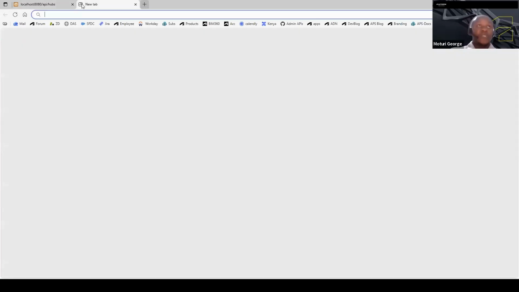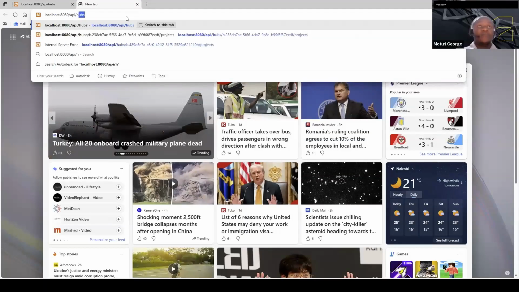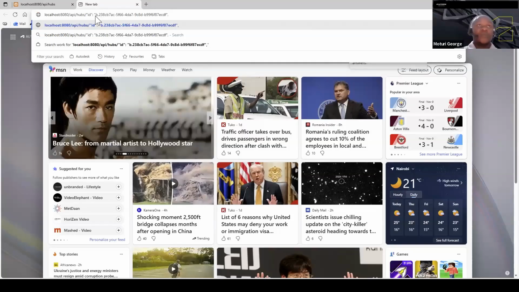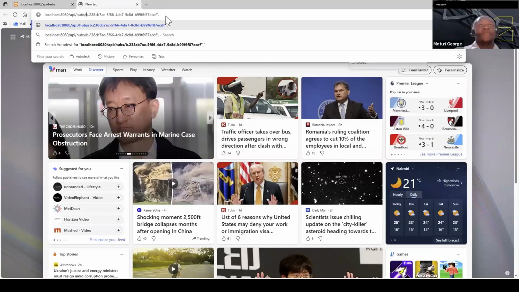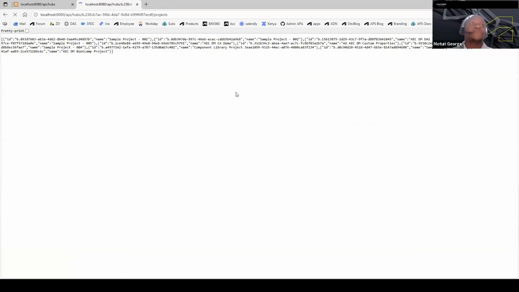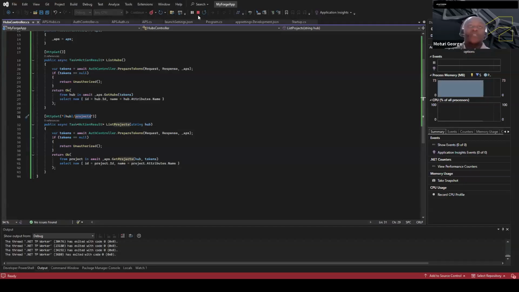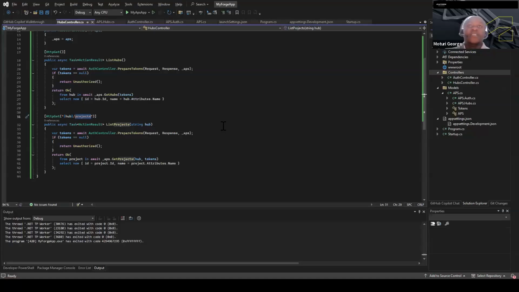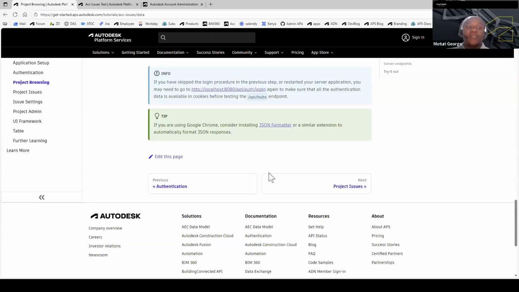We can also try to get the projects from the same. So we do that. Hubs, we have the hub ID. Let's remove that. Then we do have the project, so we'll do the projects. Yes, so we are able to get a sample list of projects. So let's proceed. And we stop that. So we have the list, and since we already have the list of projects,